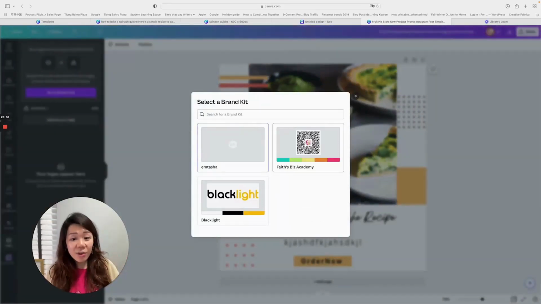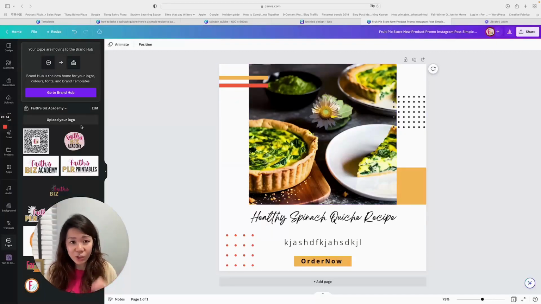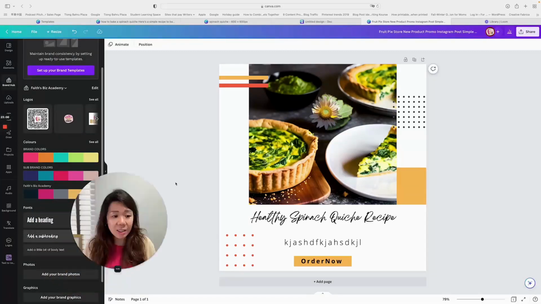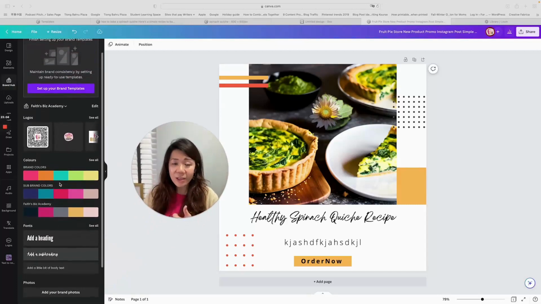One of the other new features is that they have totally expanded what you can do with your brand hub. Okay, let me just go to brand hub. All right, when you go to your brand hub, it's gonna give you a lot more room to add on the graphics, the fonts, the types, the presentation templates that you can use, that you can actually put on, set